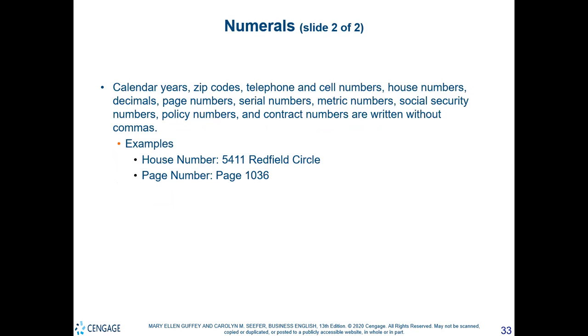Numericals, slide 2 of 2. Calendar years, zip codes, telephone and cell numbers, house numbers, decimals, page numbers, serial numbers, metric numbers, social security numbers, policy numbers, and contrast numbers are written without commas. Examples: house number, 5411 Redfield Circle; page number, page